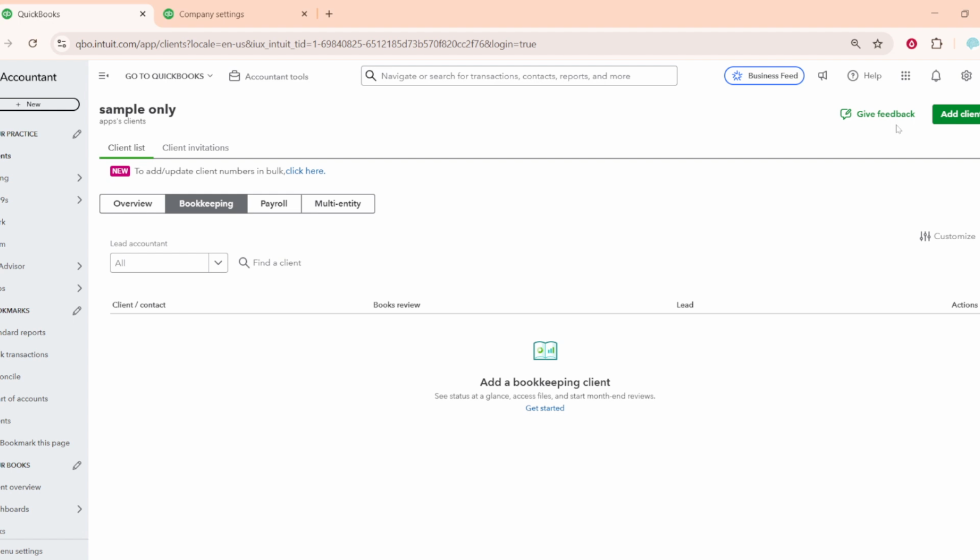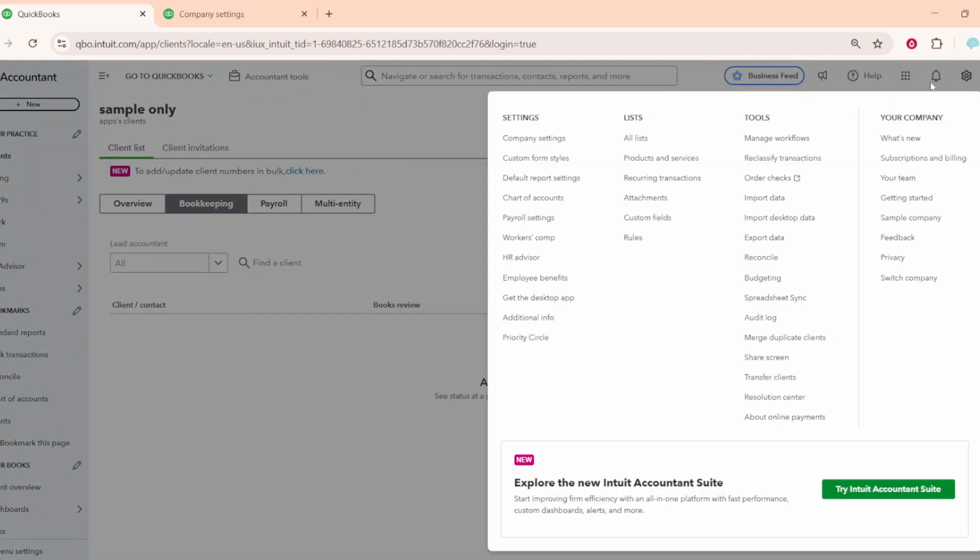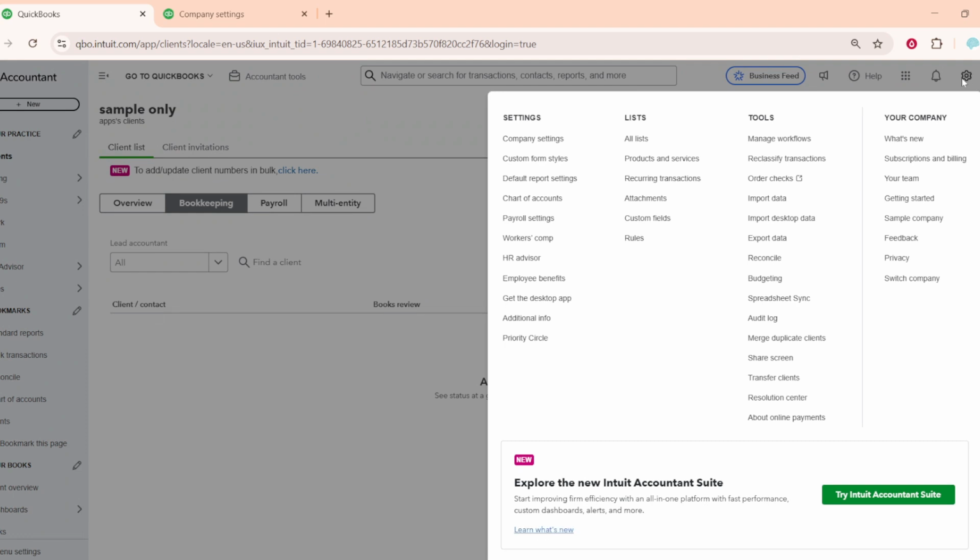Start by signing in to your QuickBooks Online Accountant account on your laptop. Make sure you're logged in with a role that has permission to update company settings. If you manage multiple clients, confirm you're working in the right company file before you continue, so the change applies to the correct books. Once you're in, look to the top right of your screen and click the Settings gear